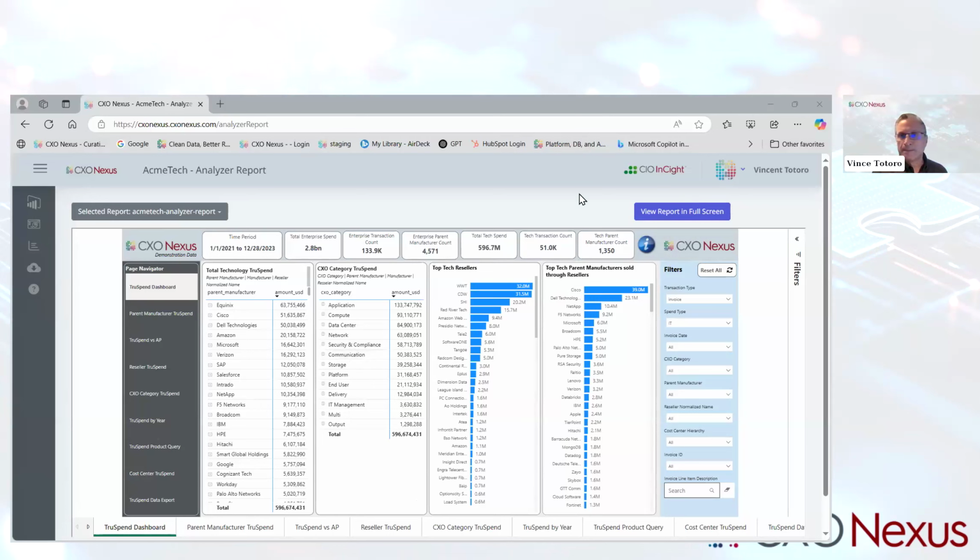Just let me figure out my share button. Yep, we can see it. Okay, thank you, Dale. Okay, so